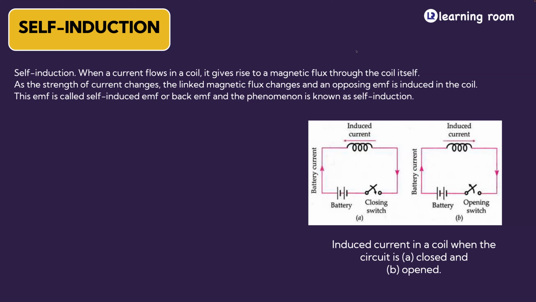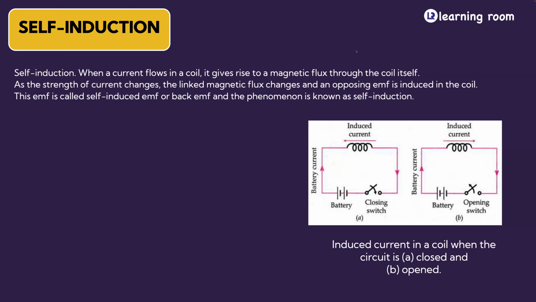Is it only during the process where the current goes from 0 to some steady state value? From steady state to 0 is also possible. That is the second case, right? When both of them happen, there will be an EMF induced. So you tell me, what is the name of that EMF?